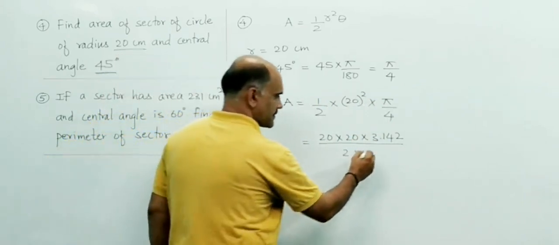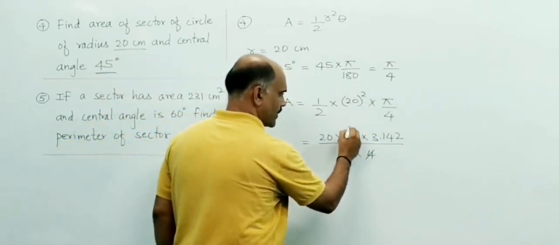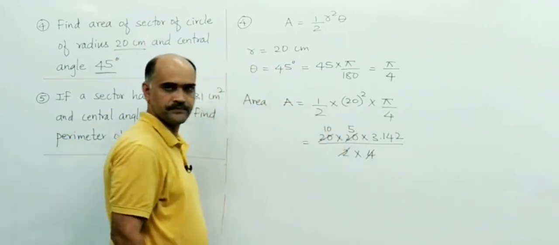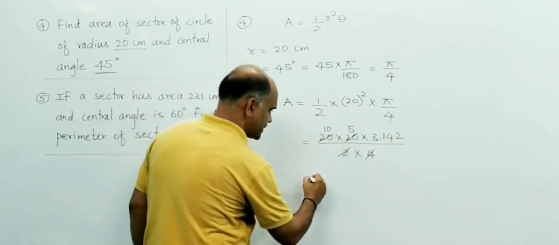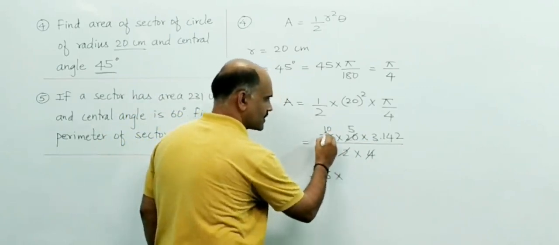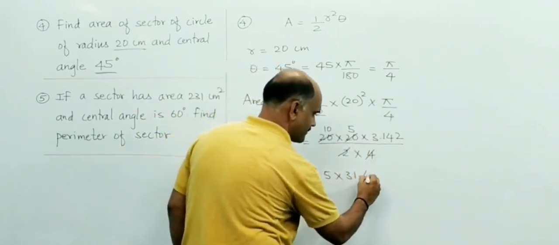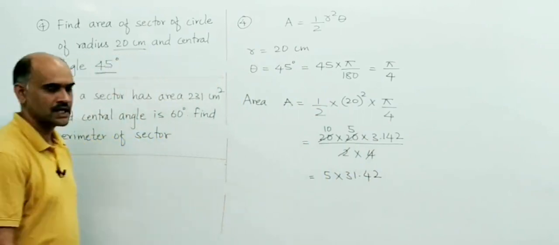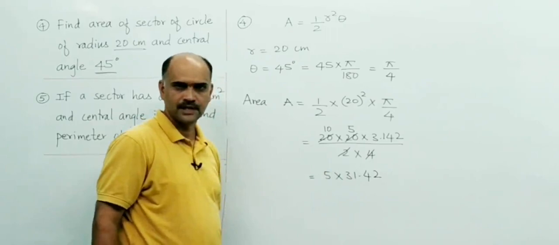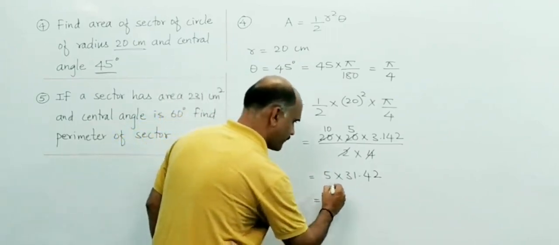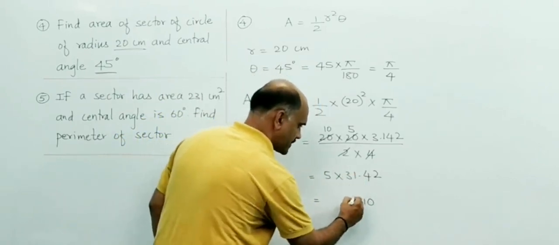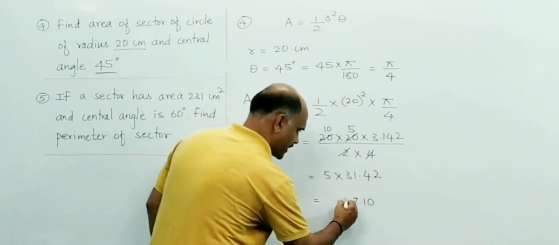Now if I simplify, 4 5s are 20, 2 10s are 20. So you will have 5 into 10, and if I multiply this 5 into 10 with 31.42, now use the calculator and multiply, you will have the answer. 5 2s are 10, 5 4s are 20, plus 1 is 21, 5 1s are 5, 7, 5 3s are 15, so you will have